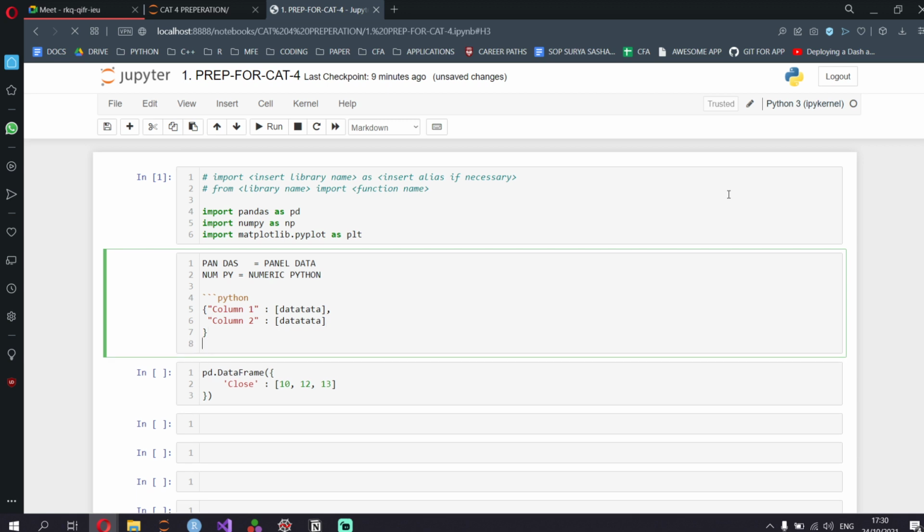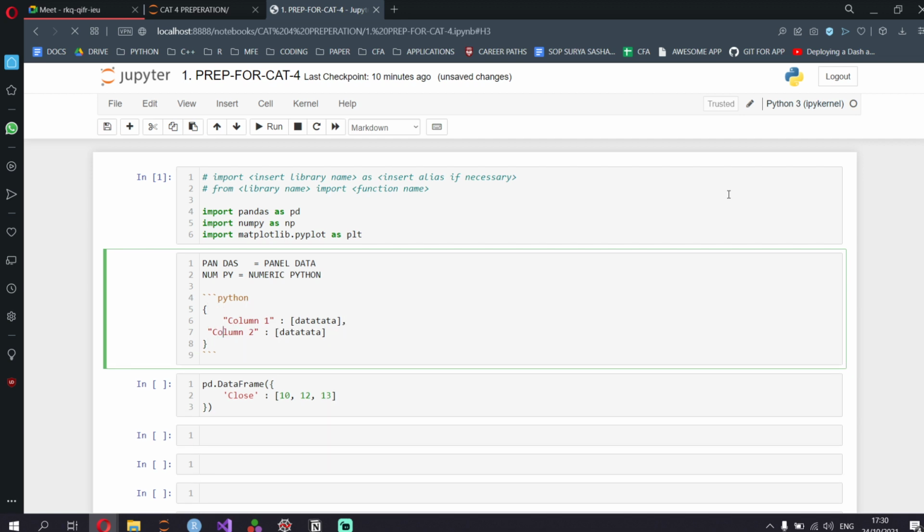Generally they use dictionaries because JSON files are also in the form of dictionaries. JSON files are how you get data from web places, and that's why they made pandas work with dictionaries. A dictionary has a key value pair: the first part of every entry is the key, and the value is over here.